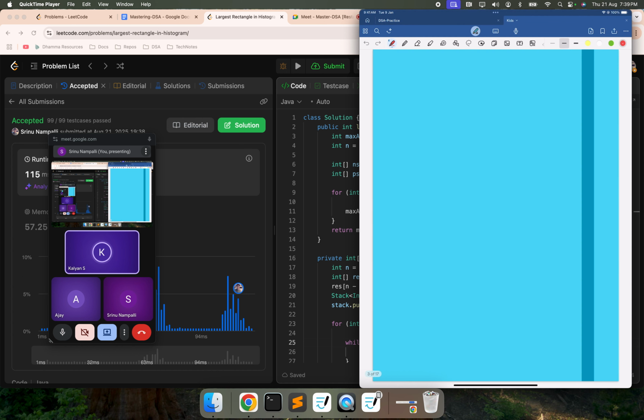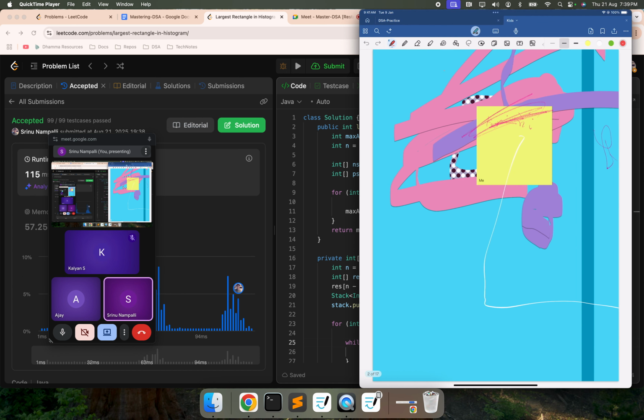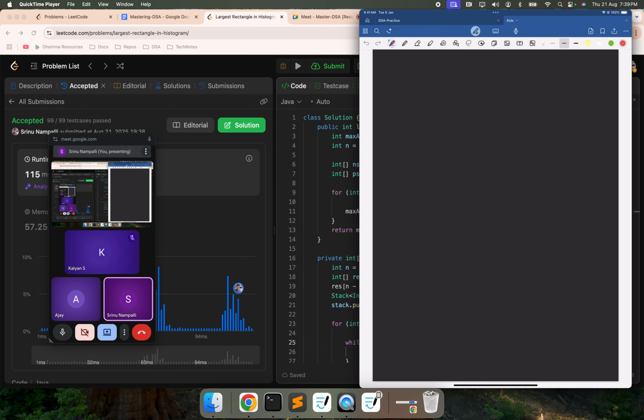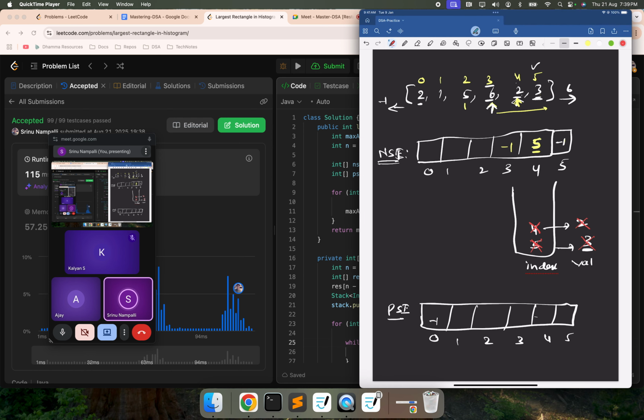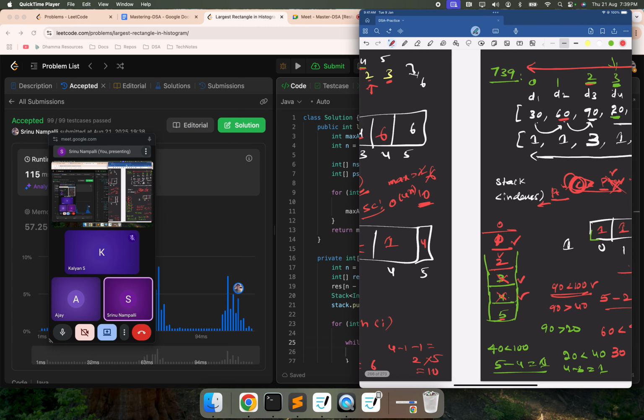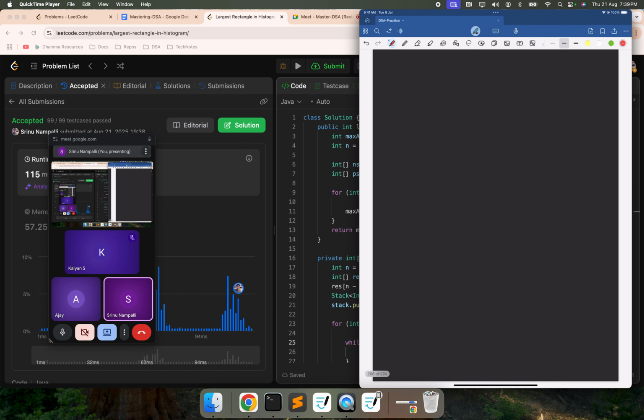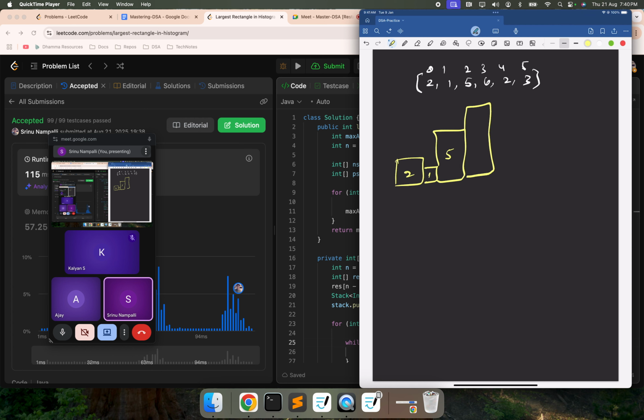So what happens? Okay, let me take the same input 2 1 5 6 2 3. So let me write the optimization. Indexes 0 1 2 3 4 5. Let me write the diagram here. This is 2, 1, 5, 6,